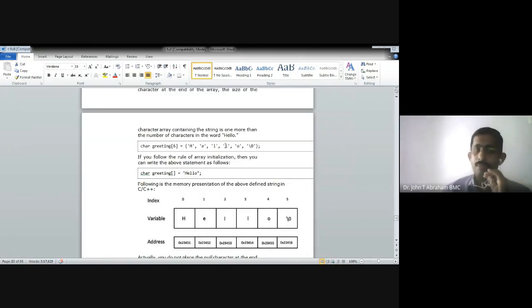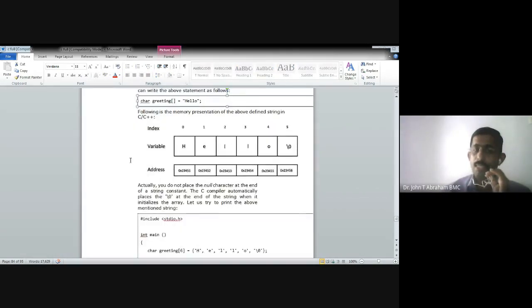Suppose hello is a string. See, greetings of 6: H first, E second, L next, O next. Finally, one \0 will be there. That is called the null character. See, it is written here. So actually, inside memory, it will be like this. Variable HELLO, it is this one.